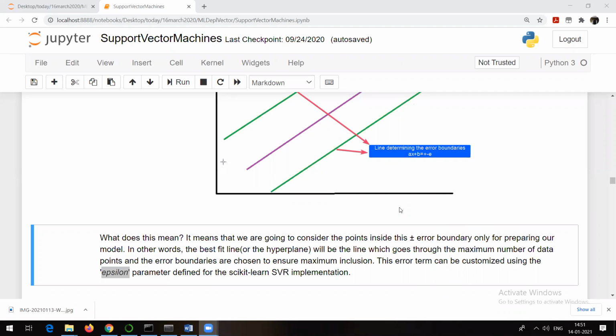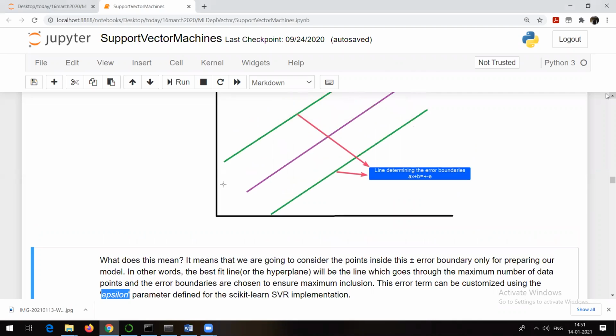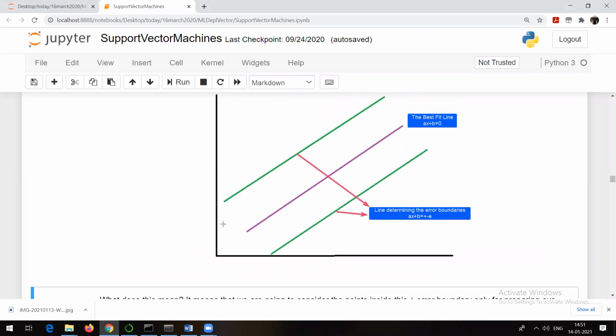Okay, someone is asking, sir, can you repeat what's the use of error boundary lines? So the use of the error boundary lines, which you are able to see, this one and this one, is that it will make sure it considers the maximum number of data points within this area.